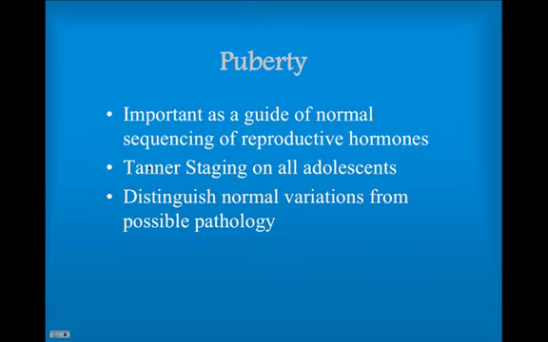Puberty is important as a guide to the normal sequencing of reproductive hormones, as we said before. So you should be doing Tanner staging on all adolescents. And from this, the Tanner staging in particular will help you distinguish normal variations from possible pathology. You may not be worried about the girl who's 14 and doesn't have her period yet, because the Tanner staging will tell you that